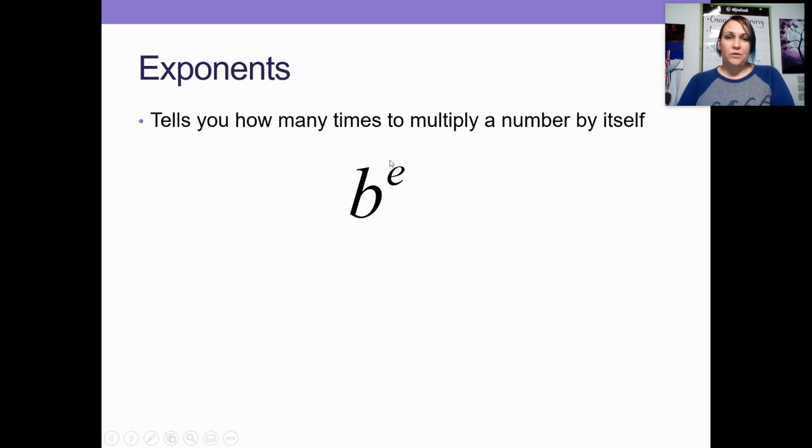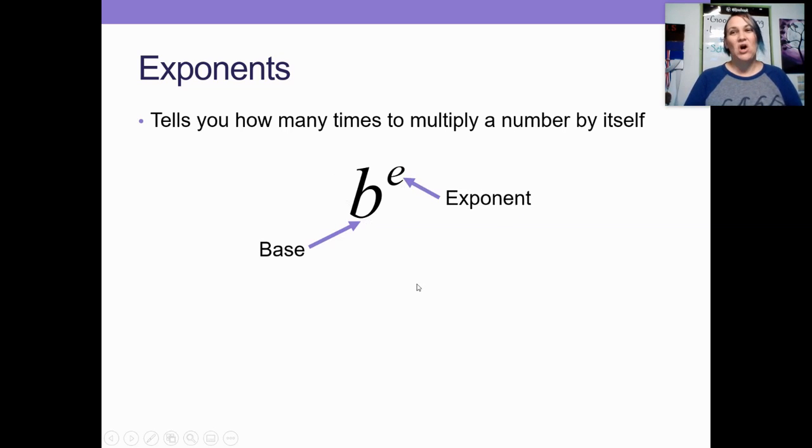When we're writing an exponent, we write it small and above our base number. This was the reason why we used the letter B on our activity that we were doing today in class, because we called the big number, or the normal size number, the base. And base starts with B, so that's why we were using the letter B. So the normal size number is called the base, and then the small number that's written above is called the